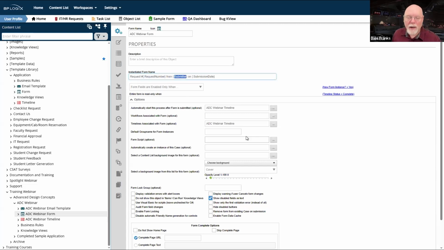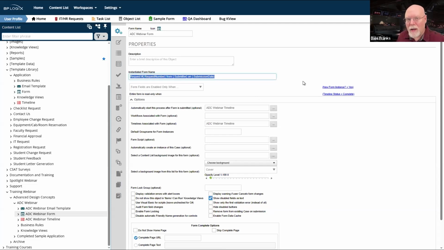But I can also search by submitter and see all of the requests by a single submitter. Or I can search by submission date and see everybody who submitted a request on a specific date, or perhaps a date range.